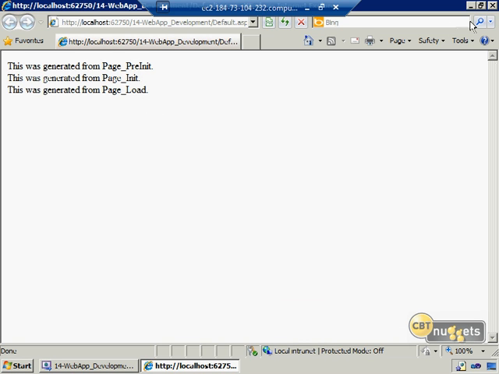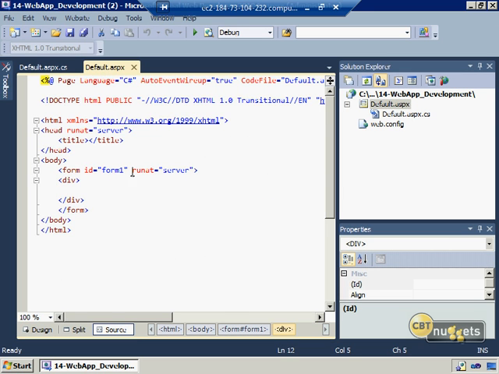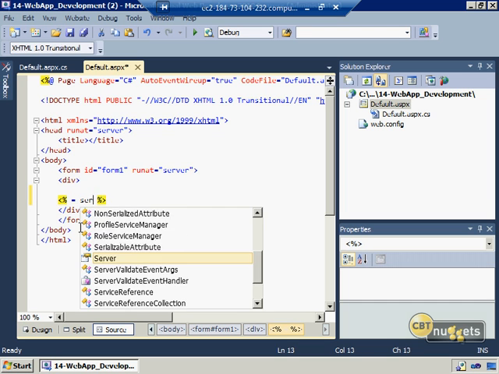Now another cool thing you can do, close out of our browser here and go back into our project. Let's go to our page here. Something that's kind of neat is you can actually inject code right into your markup here. So just like the page directive and processing instructions at the top are doing up here, we can do that too. So if we do an open bracket, %, it's going to finish the rest of it for us. And now we can start typing in code. We have to put an equal sign, and we can do